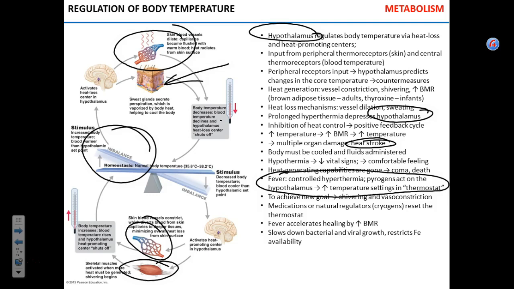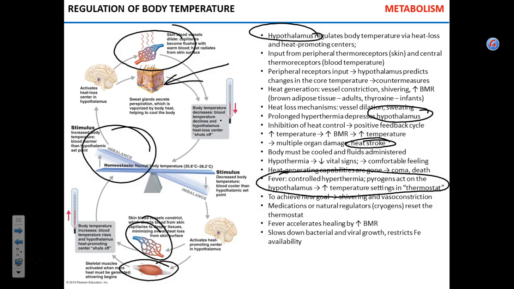Okay, what do we take for fever? Tylenol, ibuprofen, okay? What they do is inhibit the production of pyrogens, like aspirin, yeah. Metabolites of arachidonic acid. So you do not produce pyrogens, and it resets your thermostat back to 37. Does that make sense? The hypothalamus does not receive signals for the higher setting.